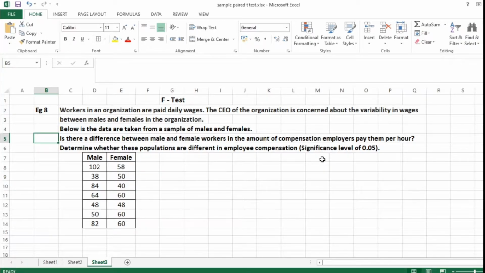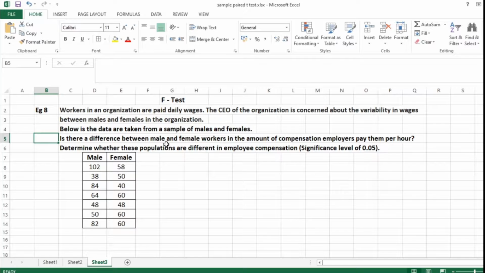Welcome friends. Today's session we are going to work out calculation of F-test. So it comes under parametric test, and in which situation F-test can be carried out. Usually F-test can be carried out to test the equality of two population variances. So if you have two sets of data and you want to check the equality in those things, we apply F-test in parametric test.